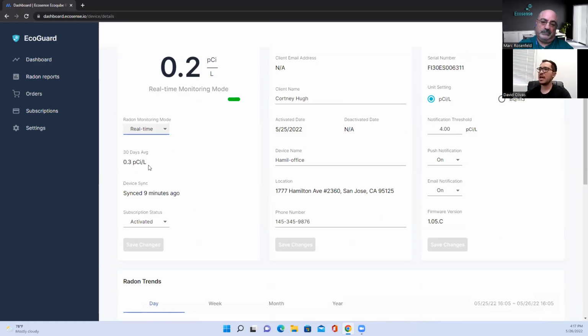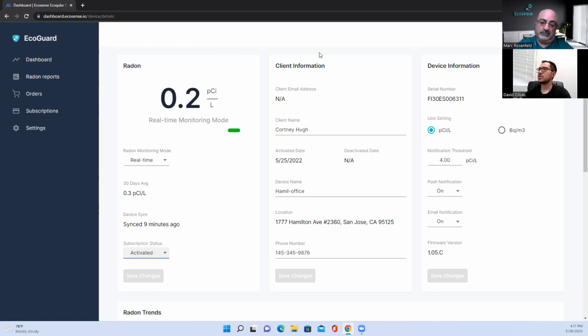Here you see your 30-day average, when the device last synced, and the subscription status. Here you can activate or deactivate it, and then you just click Save Changes and it'll save your changes. As you can also see to the right, there is the client information, the client email address. After you have shared the information with your client, their email will automatically populate here,